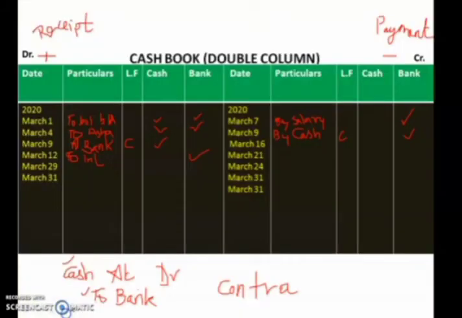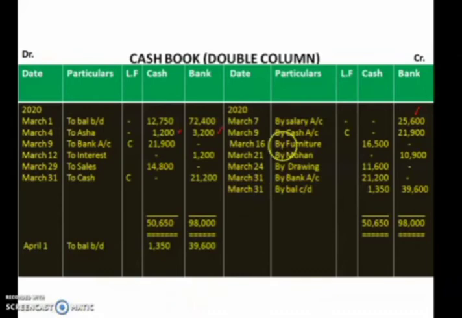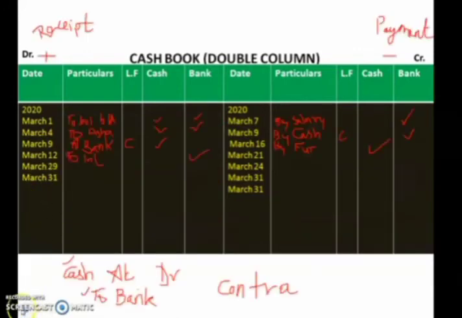So on March 16, what I will write here? By furniture. Okay, by furniture, and because it is the cash which I have spent to purchase this furniture, the amount will be written in the cash column. See, by furniture, amount I will write in the cash column as 16,500. Okay, now next transaction is